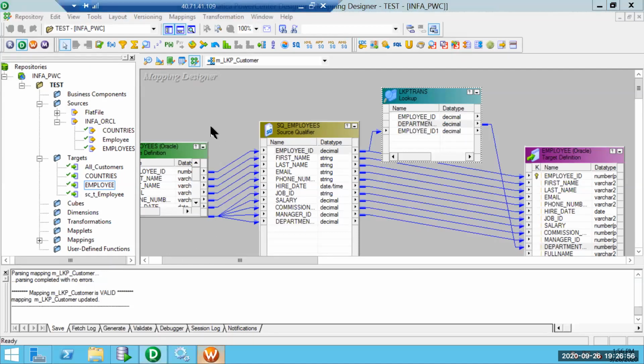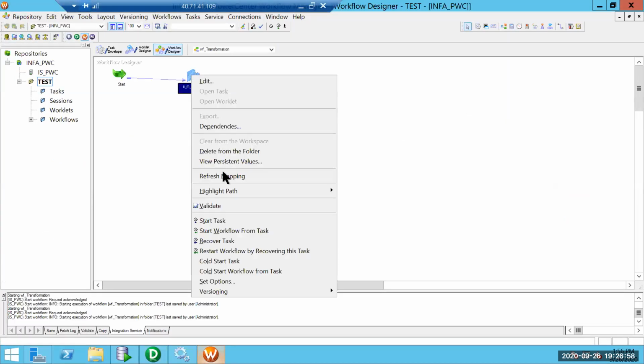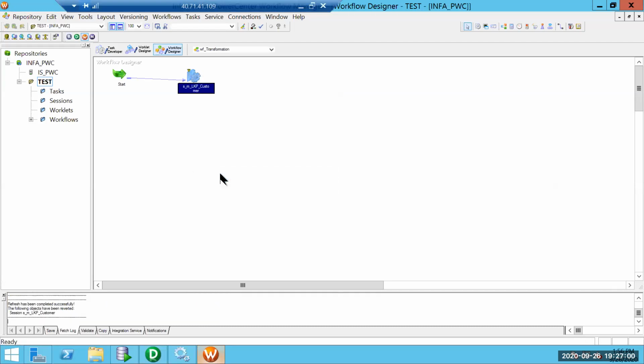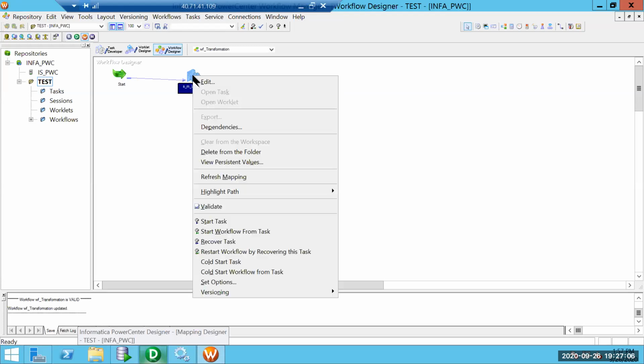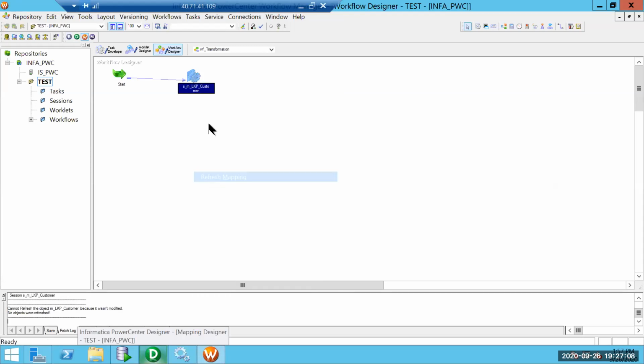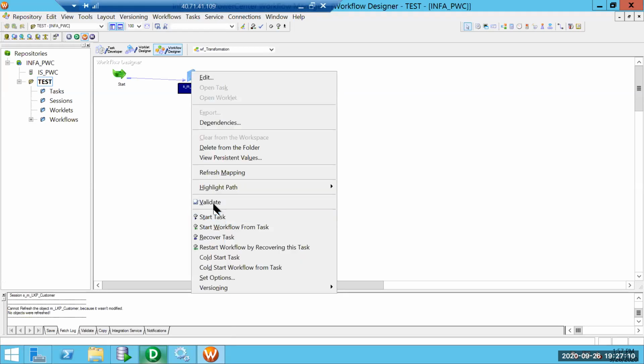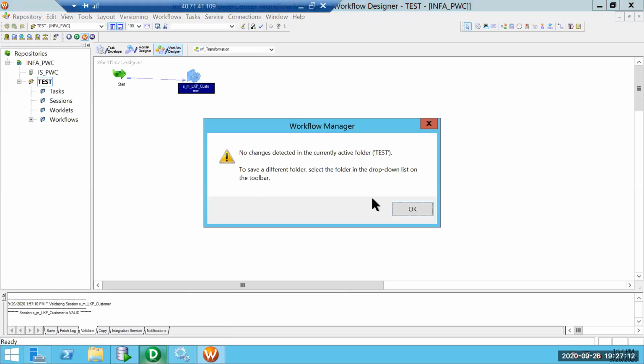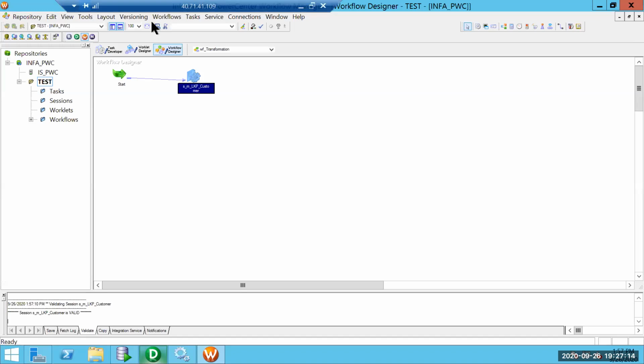We have saved the data. Let me refresh the lookup session. If there are any changes in the Informatica mapping, it is recommended to come here, right click, refresh mapping, and then validate the mapping also. That is when the workflow is going to detect the changes. Once we validate, we have to save the workflow.